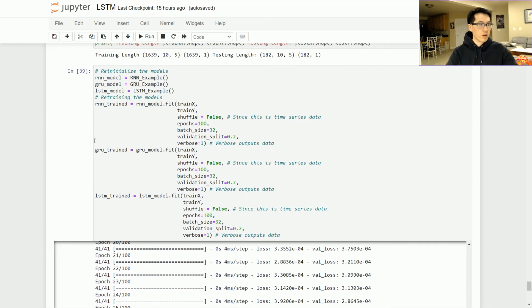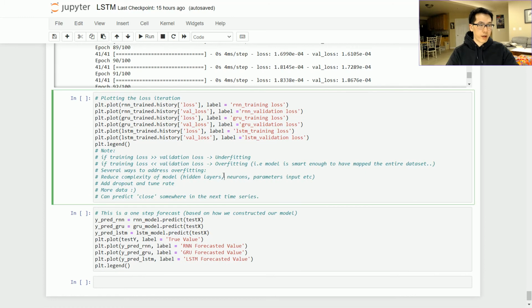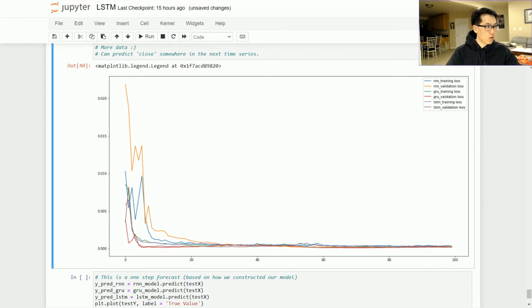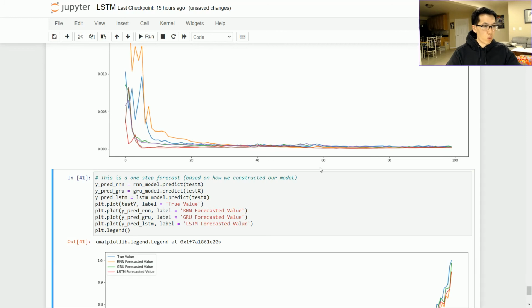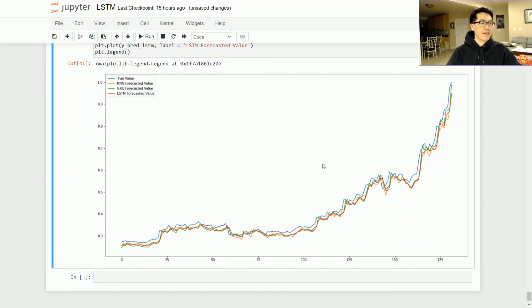Sweet. So I let this run for a little bit. It only took like a minute or so. Let's plot out the loss function over here, or just the loss in general, and it looks a little bit better, I suppose. But let's check out the predictions for a one-step forecast, and look how deceiving this is. This is just a scaled version of what we are working with, but it's essentially largely the same principle. Everything is just shrunk down, and we have the true values, which is the blue. I guess if you strain your eyes hard enough, but largely all the models look very indicative of what may